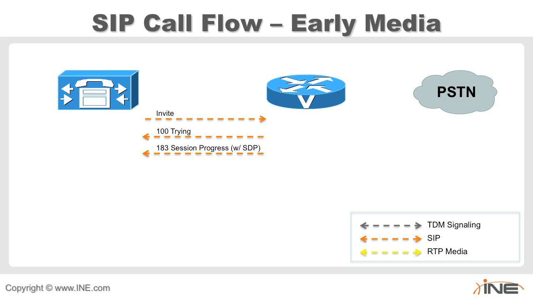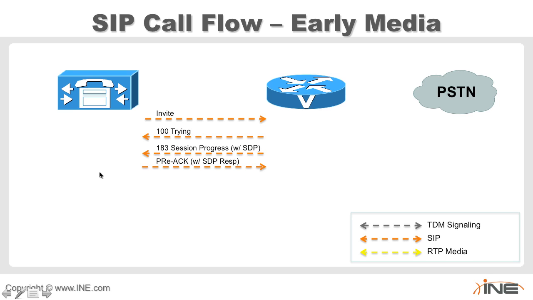As the 183 or 180 message sends the SDP, we pre-acknowledge. So we basically go ahead and say, before we even know that they're ringing or connected, because they haven't even started ringing yet, we're going to go ahead and pre-acknowledge that. And for whatever reason, they took the PR from pre and the ACK from acknowledge, and it's a PRACK, is how it is stated. And so it's also referred to as an REL